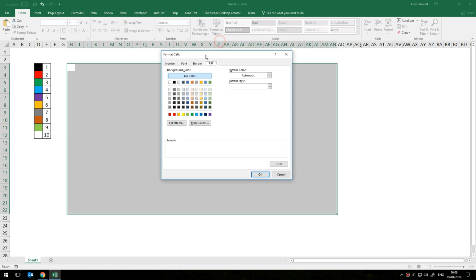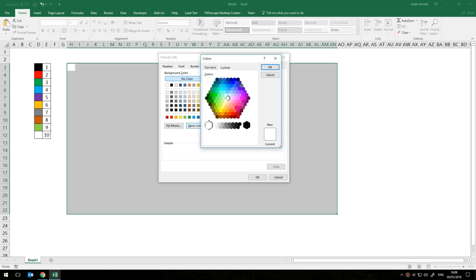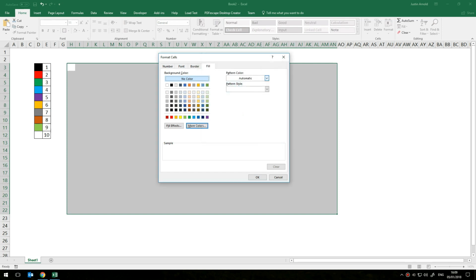Now there are 4 tabs in this pop-up window. The 2 that we'll want are Fill and Font. We'll do Fill first of all. So what we have to do now is choose the exact same colour as we chose over here. And this is why I said earlier on, it's best to go for the standard colours which will appear in this chart here. Otherwise you have to go off to more colours and try and find the one that you chose on the left. So as I chose black, I'm going to click on black,